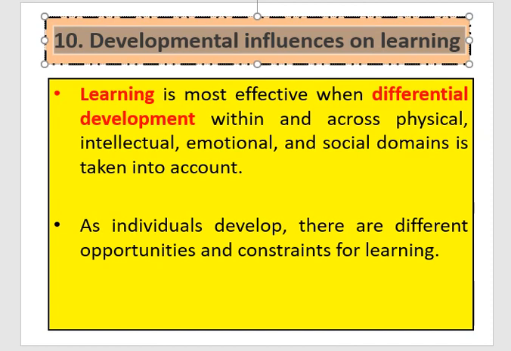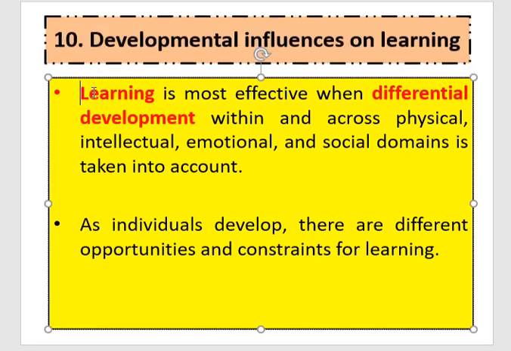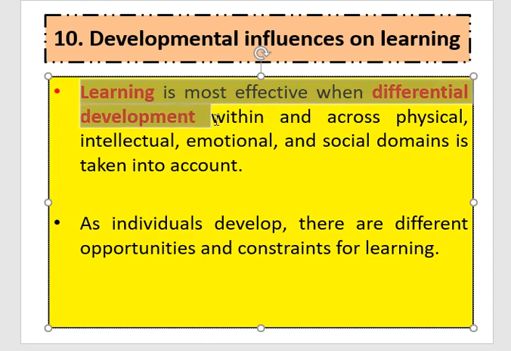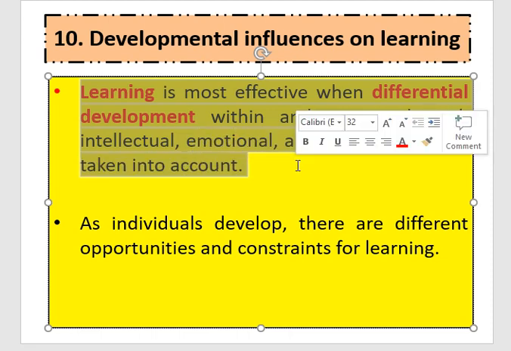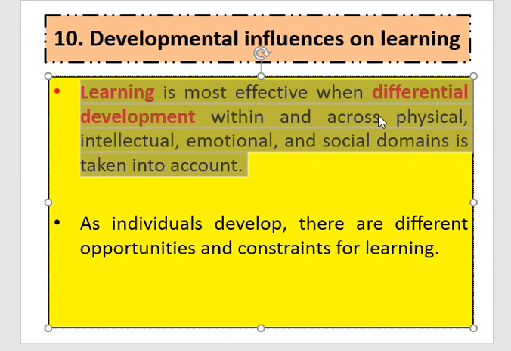It says that learning is most effective when differential development within and across physical, intellectual, emotional, and social domains is taken into account. What does it mean? It means that the learning process becomes easier when you also consider the physical, intellectual, and emotional factors